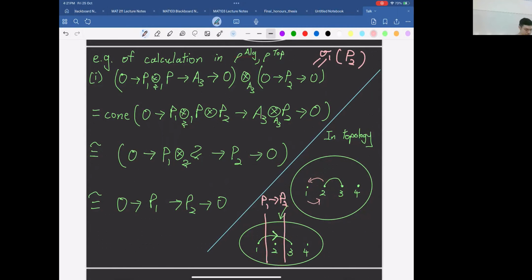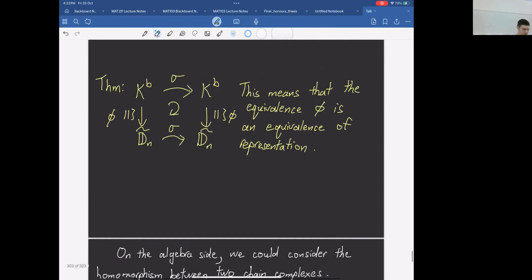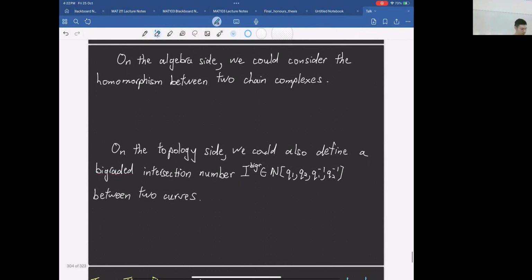So they coincide. What you can prove is there's an equivalence of representations of the braid group between these 2 spaces. You can either act and then go to the topological side, or you can go to the topological side first and then act via the braid group. That should give you the same answer. This is quite a strong statement, because you need to go through all the possible topological cases.